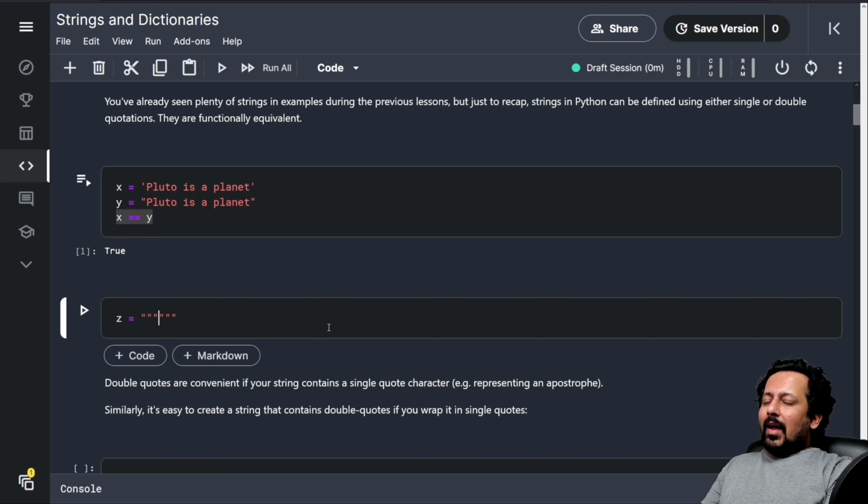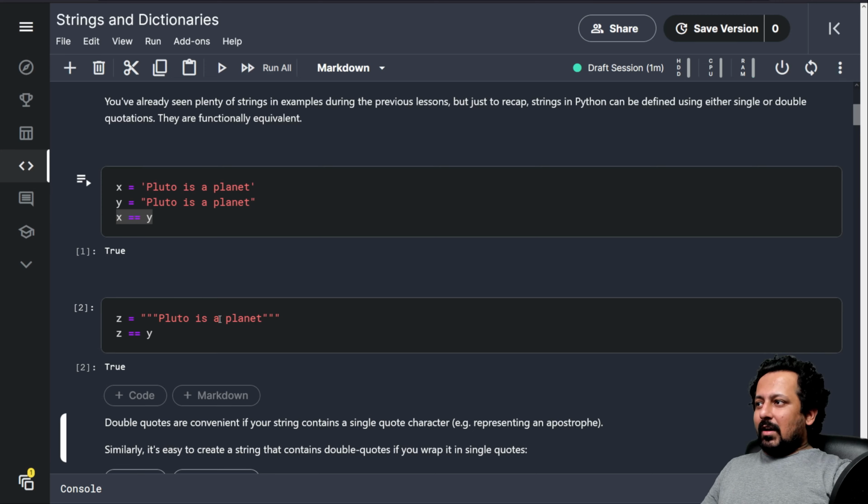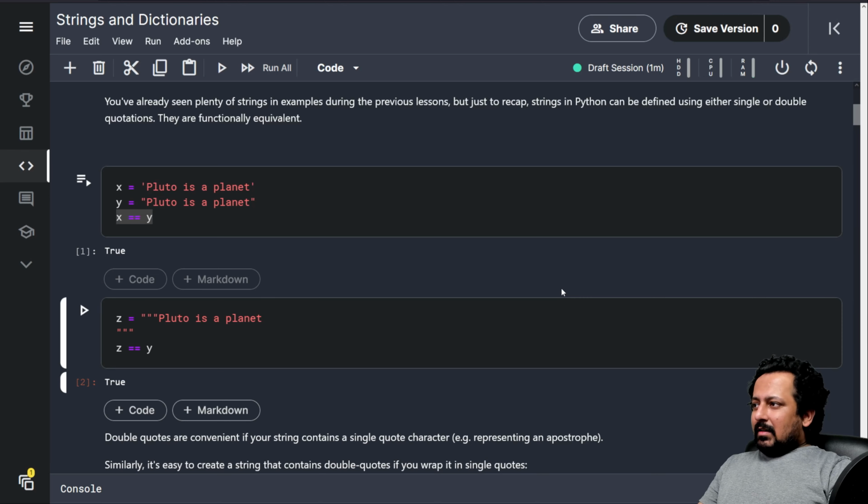So here if I write Pluto is a planet, and then we check z equal to y, it also gives you true. So this is also one way of writing strings, and in this way it can be multi-line.